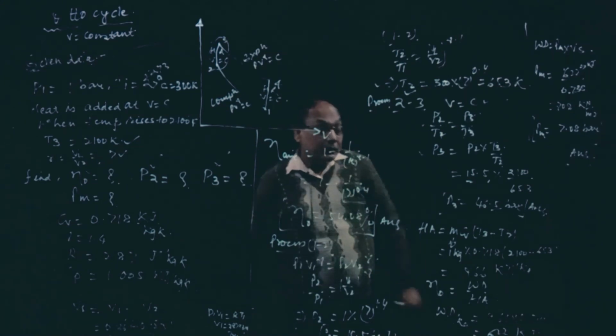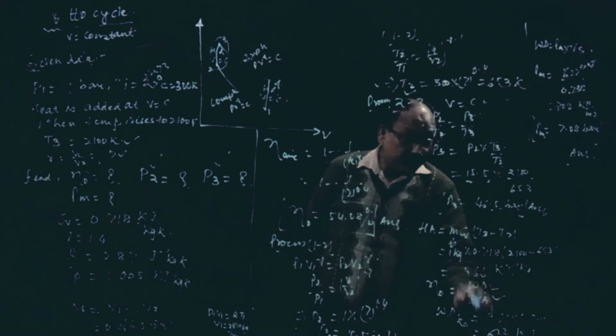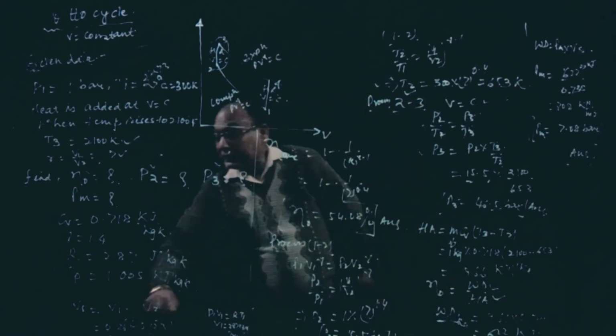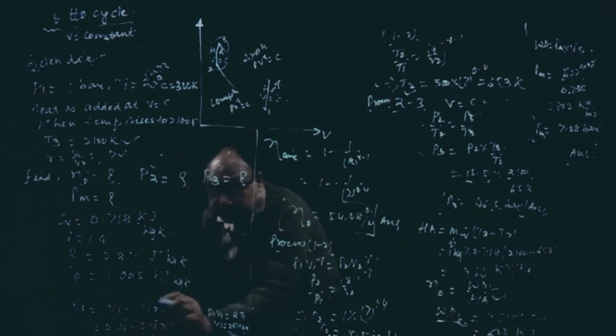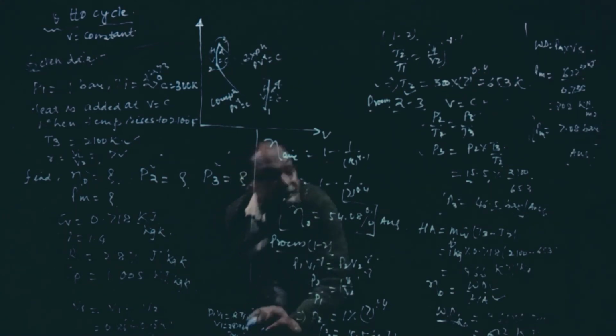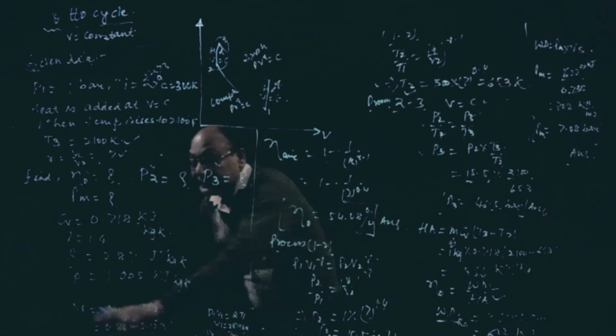Okay, now using the air standard efficiency, work done by heat added, we can find out the work done per kg here. After finding out the work done, we have to find out the stroke volume. Stroke volume is V1 minus V2. So V1 from P1 V1 equal to R T1 will be 0.861, and V2 will be equal to 0.123, because the ratio V1 by V2 is equal to 7. After finding this, the stroke volume V1 minus V2 is 0.738.